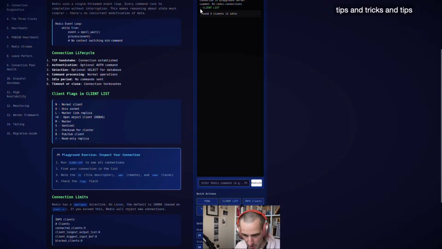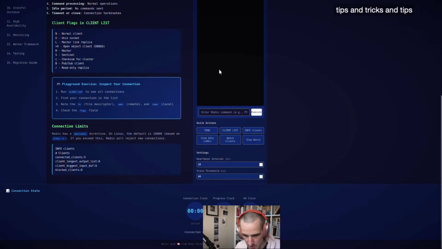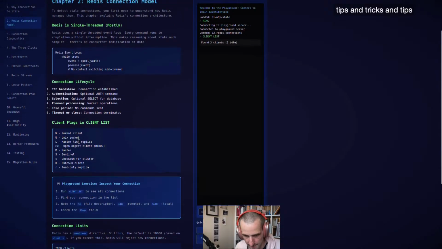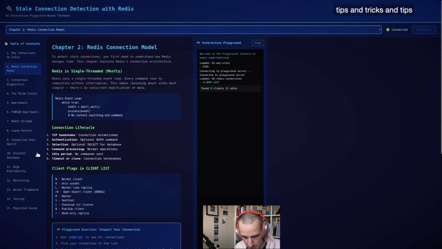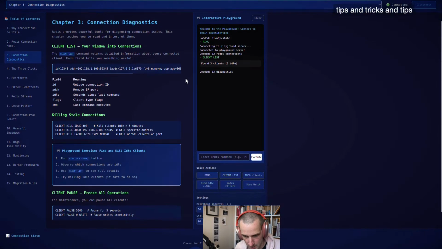So that's one bug. Idle clients, connected clients, flags. So that's one error. Client list returns. Each field should tell you something useful. So here it ran the client list thing.